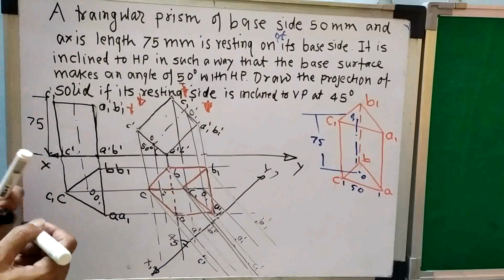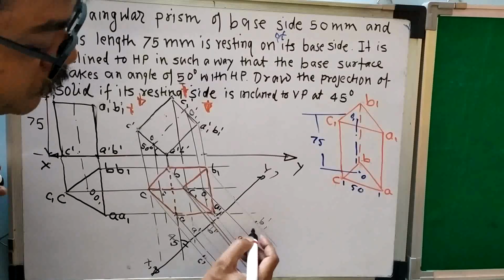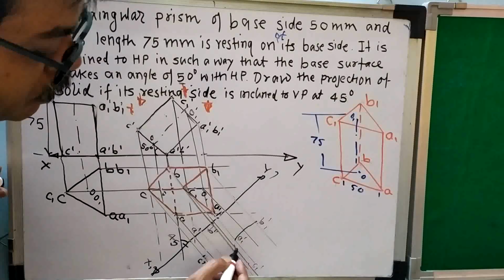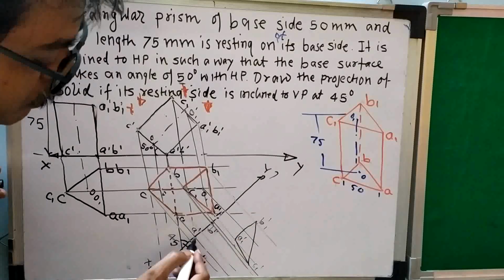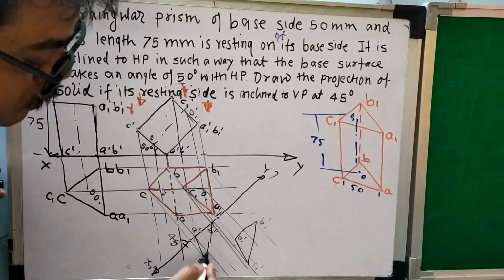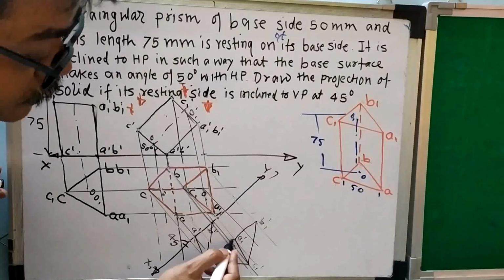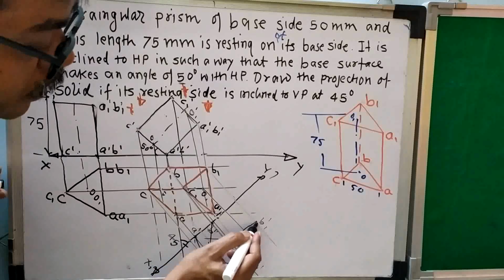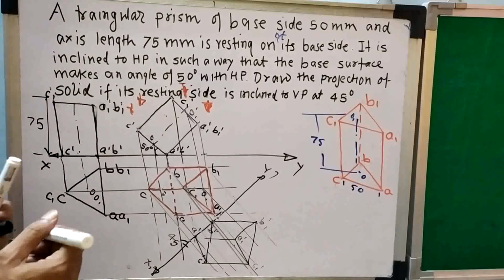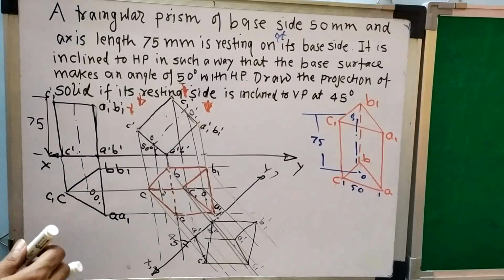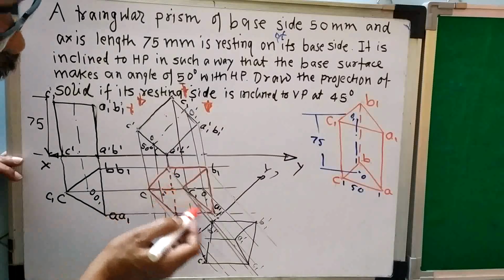Now I know that I have to complete the object. So join the real parts first to know the object. So join A1, B1, C1. Then join A, B, C. Then join edge CC1. Join edge AA1. Join edge BB1. Right? So this will be the object. Now in this object, which line is dark or which is sharp, that I have to make. So this is my object and this is my view.